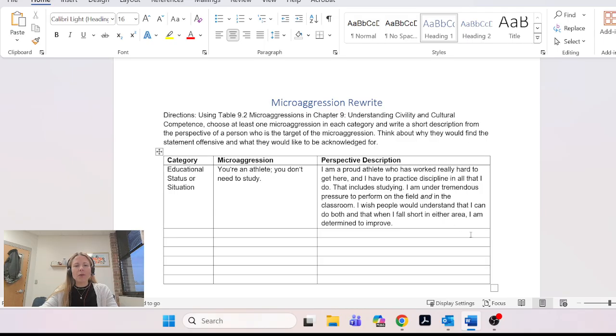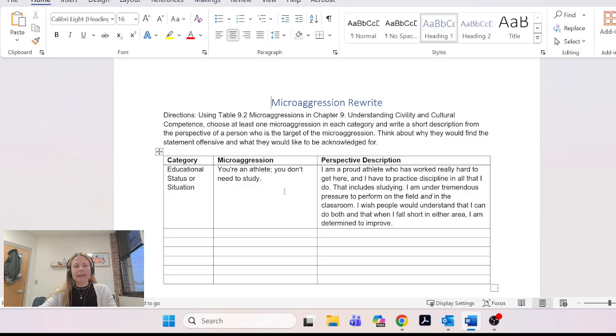And what I want you to do is use that table. In the table, you're going to see different categories, right? For instance, this category is educational status or situation. And you're going to choose at least one microaggression in each category. So if you had the category educational status situation, there may be more than one microaggression listed there. You would pick one of those microaggressions under that category, and then you would think of a way that if